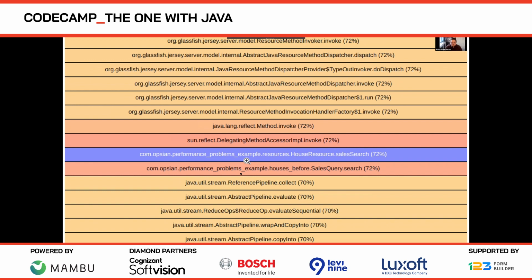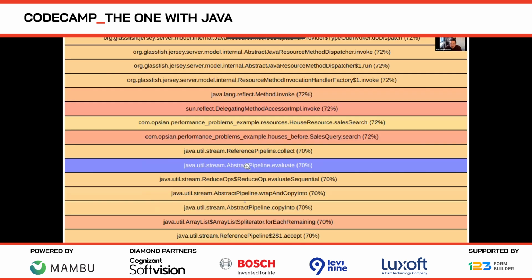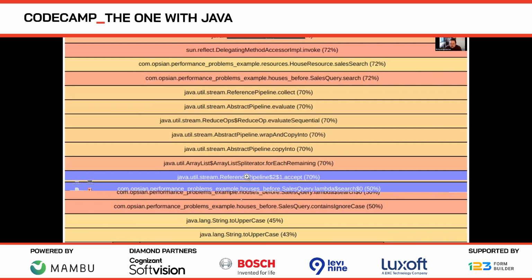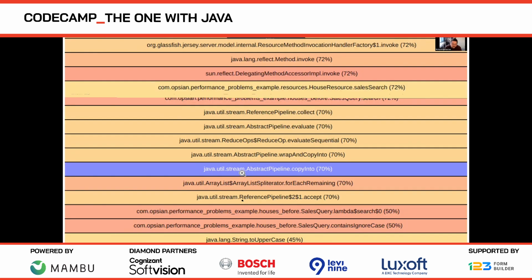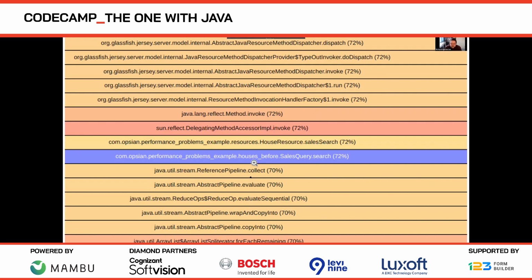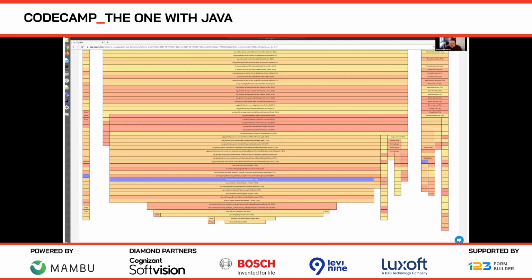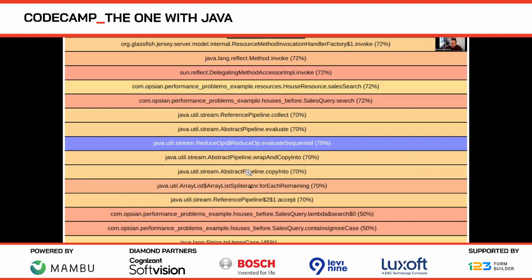But obviously when we fix a bottleneck, the bottleneck shifts and we have something else. And we can see the Java streams pipeline come into view. Streams have a bunch of different methods here, and you can see them within our profiling data, but streams themselves aren't really the bottleneck, right? If I zoom out a bit, these methods are all about the same width. They aren't narrowing down. That's not the exciting bit of the flame graph.